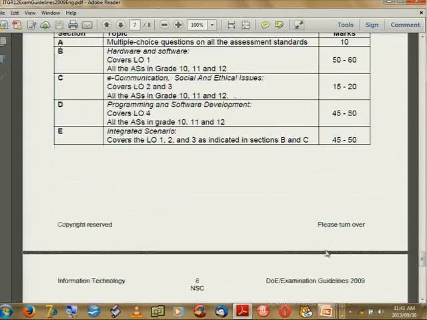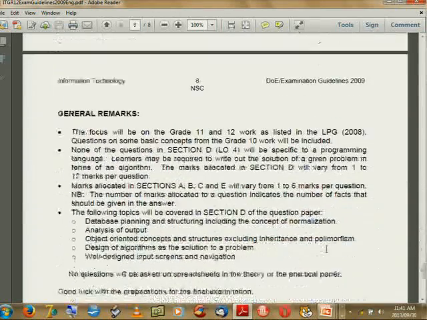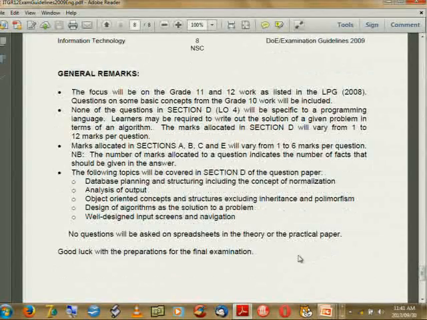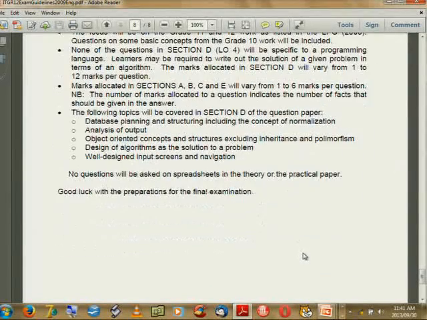Then on the next page of this exam guideline, the general remarks are the following. I just want to go to the last bullet. The following topics will be covered in section D: the database planning and structuring, the analysis of output, the object-oriented concepts and structures, the design of algorithms as a solution to the problem, and also well-designed input screens and maybe some navigation.